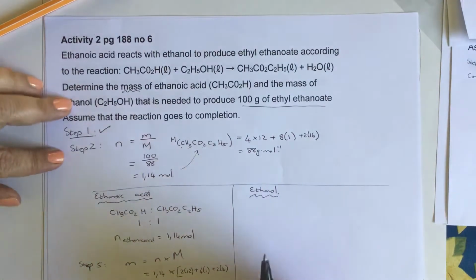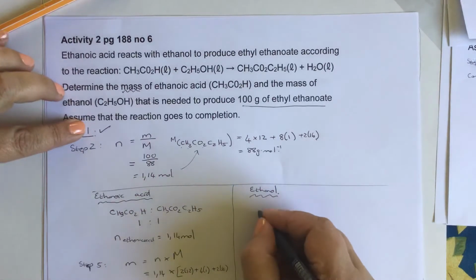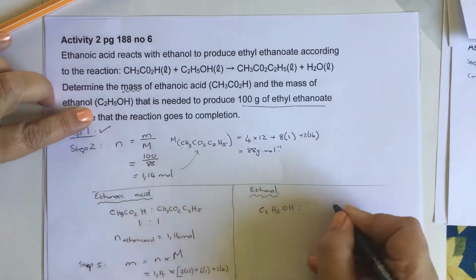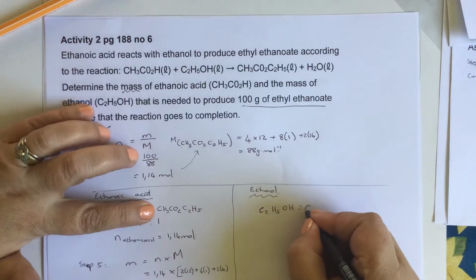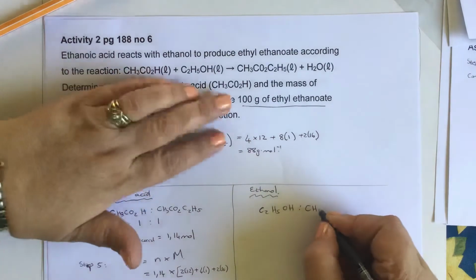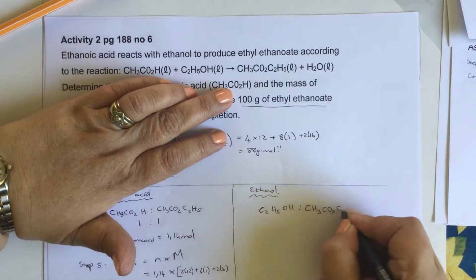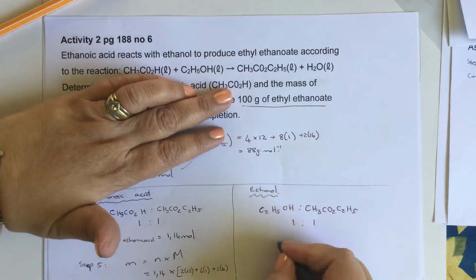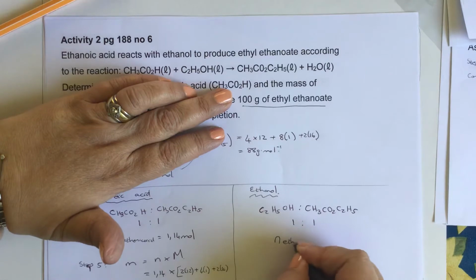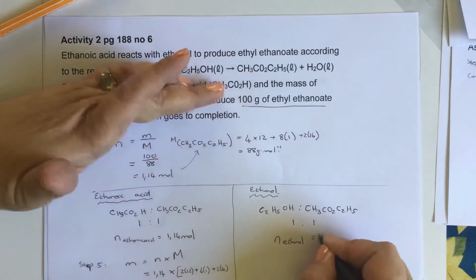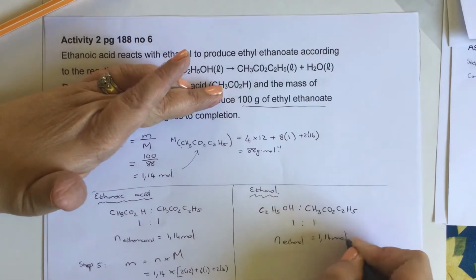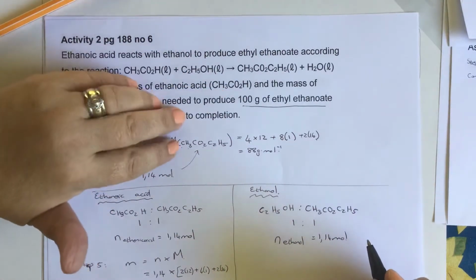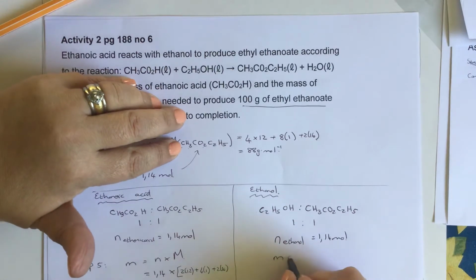Right, then for the ethanol, what was the ratio for the ethanol? Now my ethanol is C2H5OH. We put that in ratio with the same ethyl ethanoate, CH3CO2C2H5. So that is also in a ratio of 1 to 1. So my number of moles of ethanol is also going to be 1,14 mole. That is going to be required to make 100 grams of ethyl ethanoate. It was mass that was asked again,